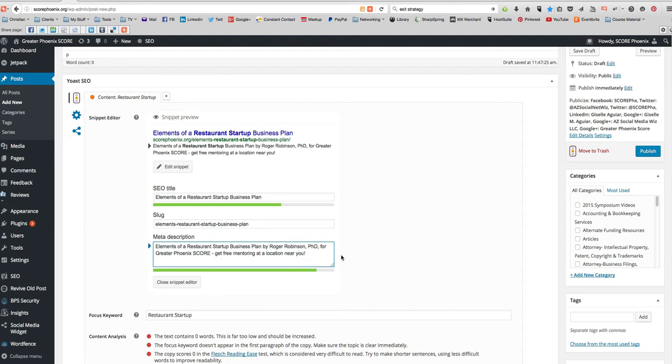Okay, one of the objectives of Greater Phoenix Score is to get people to sign up for mentoring and to go to their classes that they offer. So I always want to make sure in the meta description, and this meta description is what appears in the Google search page results. You see that it's green here, and you only get so many characters, and then it gets cut off. So you want to make sure you've got your keywords in here, and put the name of the company,